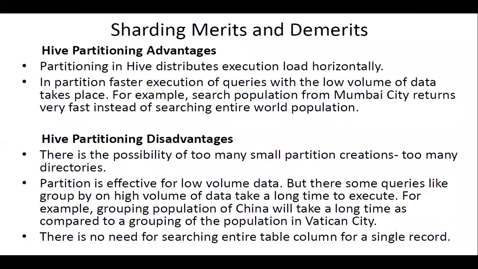Suppose you have a huge volume of records and you perform group by, okay, or order by, some of these clauses will take much time. Okay, for example, if you have 1 lakh records and you perform the group by clause in your query, definitely it will take much time. Okay, suppose the records are very few in number, then performing group by, order by, and sorting in your query will take much less time.